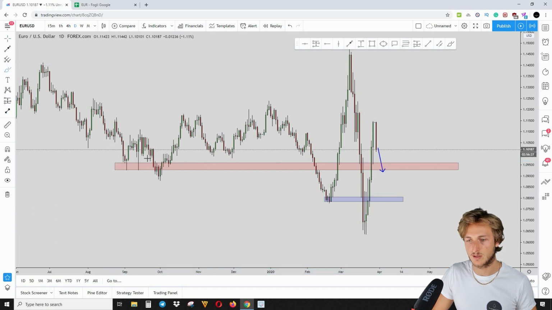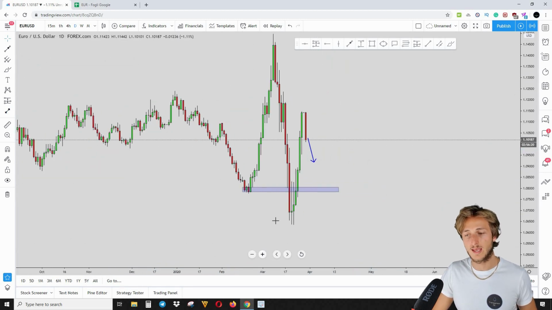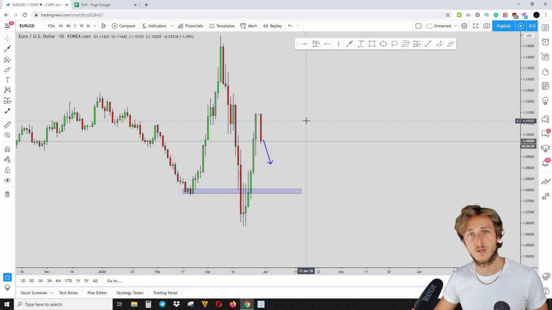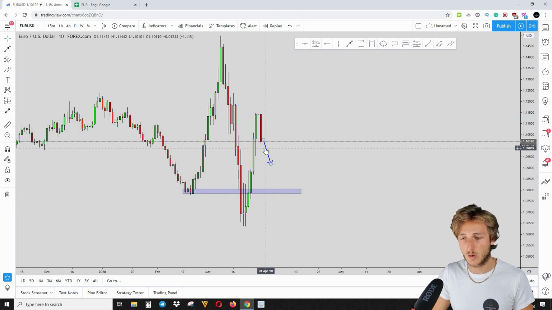Around this area here would be great to go and test this support. However, that is not really important. Why is it not really important exactly where? Because anyway, we can't predict the market. We have to react to what the market is showing us, meaning that anyway, what we will be doing with